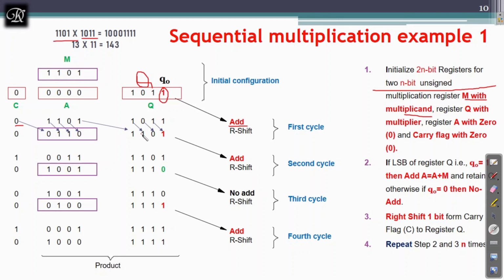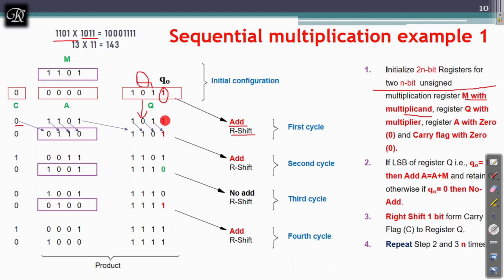There is no carry out of this addition. Next, after this, now addition is over, and as I said, retain Q as it is. You can see over here Q is 1011. I have retained it as it is. Now next what I have to do? I have to perform right shift. Right shift means discard this